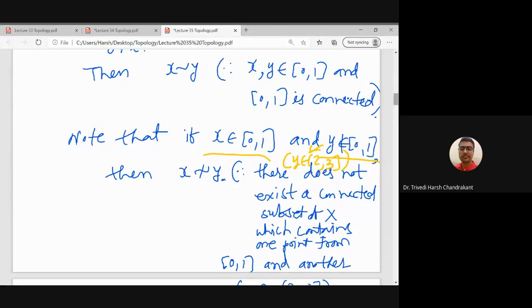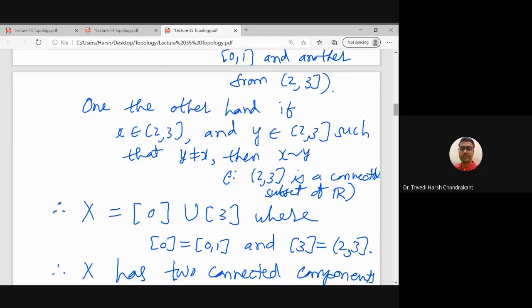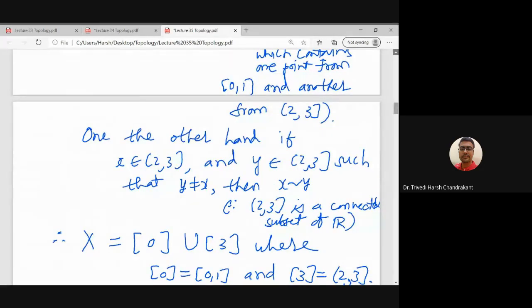If I have such two elements, can we say that x is related to y? We cannot, because there does not exist a connected subset of X which contains one point in [0,1] and another point in (2,3], because [0,1] and (2,3] are U1 and U2, which is a